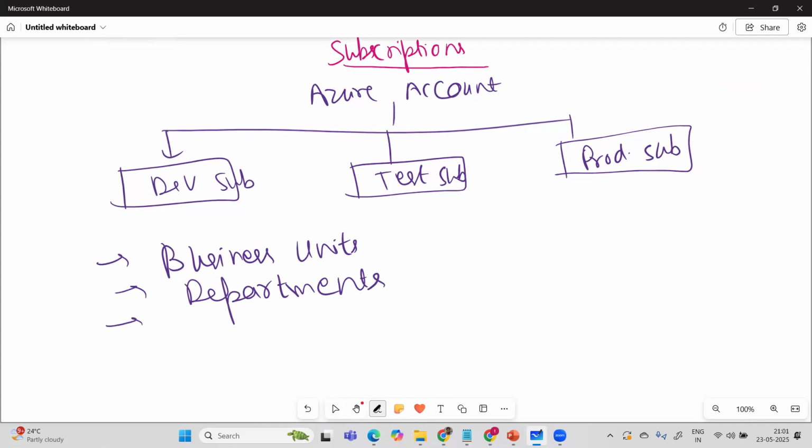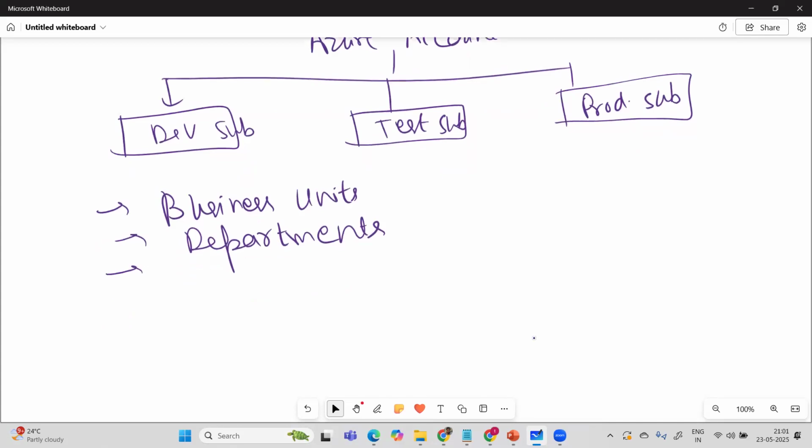So that it will be easy to understand which business unit, which department has provisioned whichever resources they have provisioned. It's easy to identify, and you will be able to manage easily. So this is easy to manage if you are going for individual subscriptions on the basis of regions, on the basis of business units, and on the basis of environments as well, and then you could set up the different